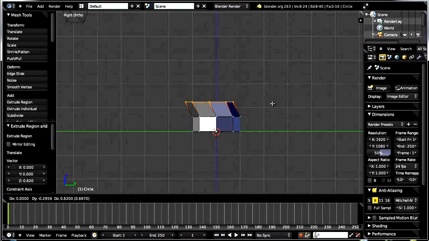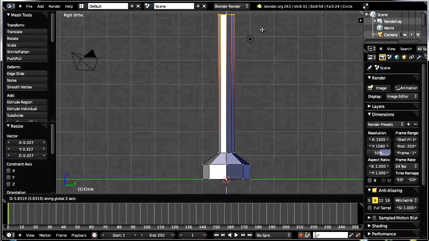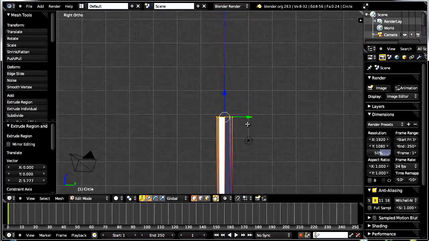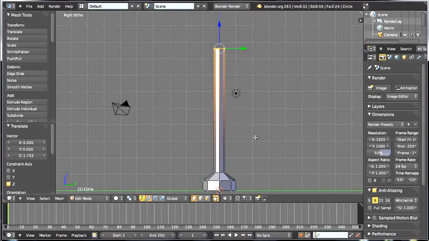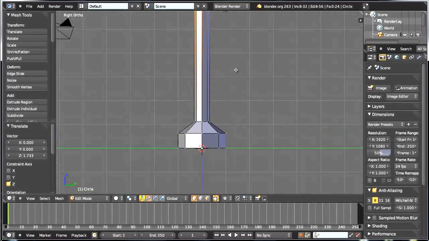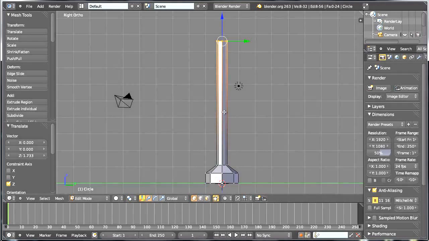Then press E to extrude again, scale them down a little bit, and then press E and extrude them all the way up, pressing the middle mouse button so that we can constrain our extrusion along the z-axis. So let's say that this is going to be the base, or the